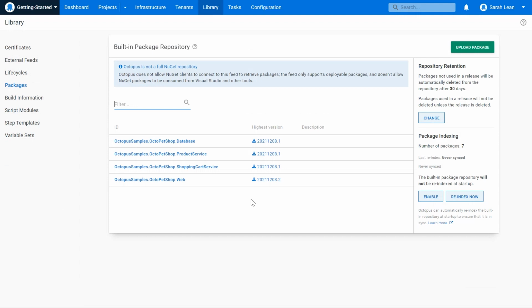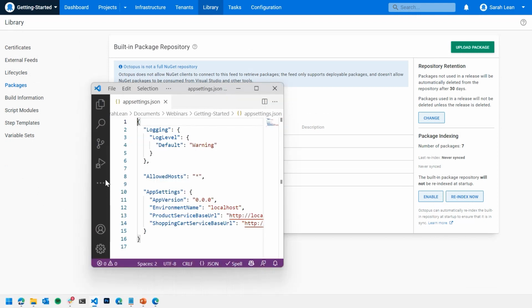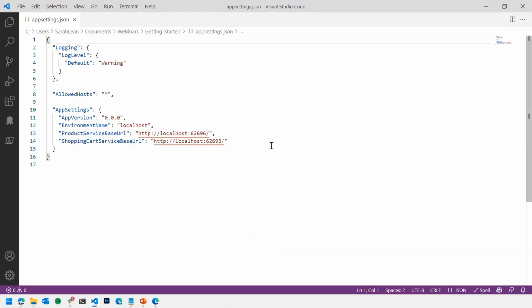So I've just uploaded those packages straight into Octopus Deploy for you. Now, if you're familiar with .NET and you're used to configuring those kind of applications, you'll be familiar with this file, the appsettings.json file. And don't worry if you're not, I'm not a developer, so this is very new to me as well. However, the appsettings.json file can be used to configure certain elements of your application. You can define variables that you might want to edit depending on the environment you're deploying it to or how you're deploying it to. In this case, we have 4 different variables or settings that we can change within our .NET application during our deployment process.